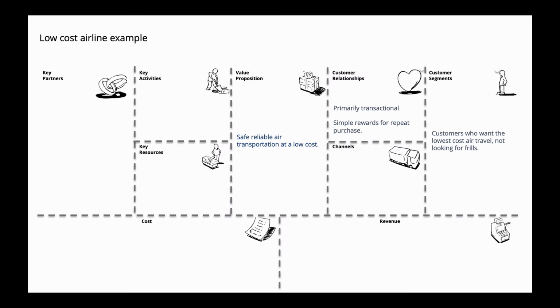Channels: this is an interesting one, particularly for Southwest, because when they started, it was really this self-service concept, and they didn't even offer their tickets through the ticketing agencies because they didn't want to pay those fees. So they were primarily web and self-service. They still are, secondarily telephone, and no in-person or agency sales. That just didn't exist for them. So their channels were inexpensive mass channels, and that was a conscious decision on behalf of the airline in order to provide safe, reliable air transportation at low cost.